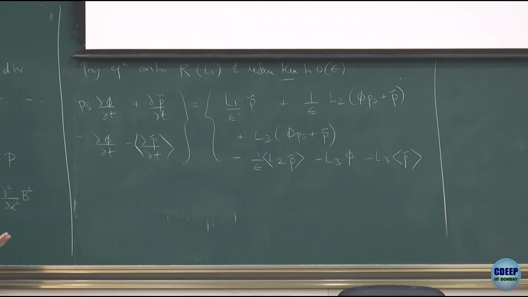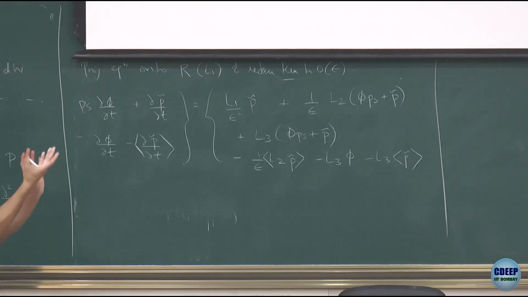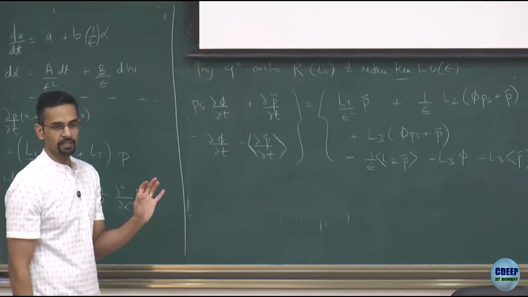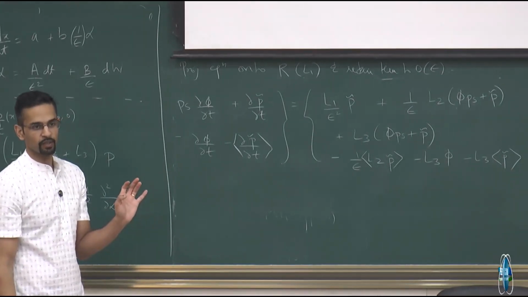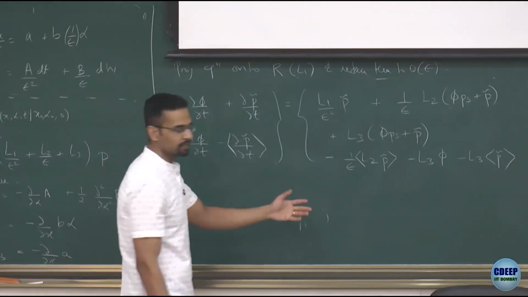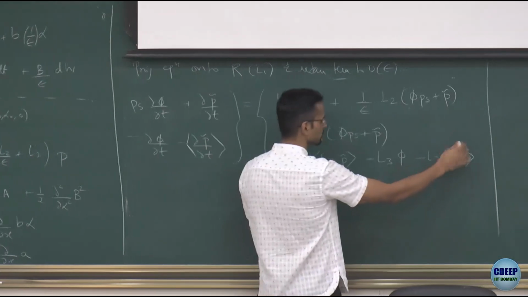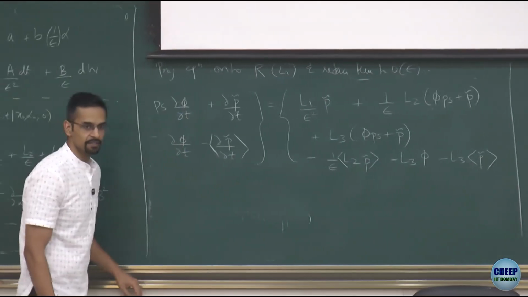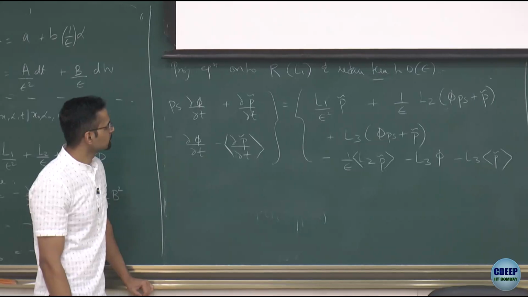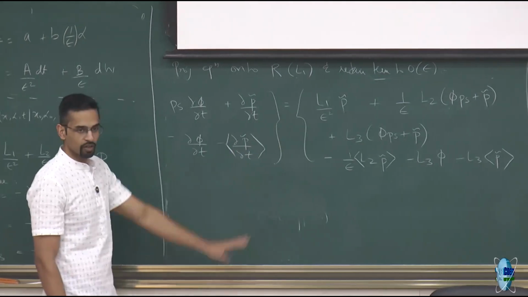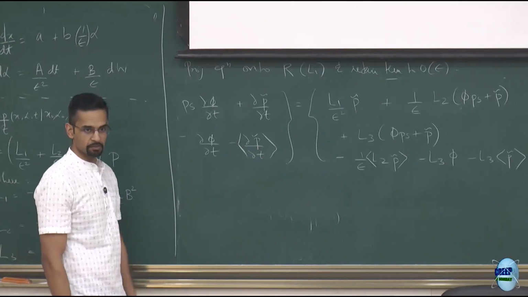Strictly speaking, what I should do is take the reduced equation we got, which is a scalar in terms of alpha, and multiply it by the null space vector of L1 star, which will be some function of alpha. But that is, of course, just 1. So all of these terms which are subtracted are actually multiplied by 1. It's 1, so it doesn't appear. Okay, so these terms will ensure that I can actually solve this problem in the limit epsilon going to 0.